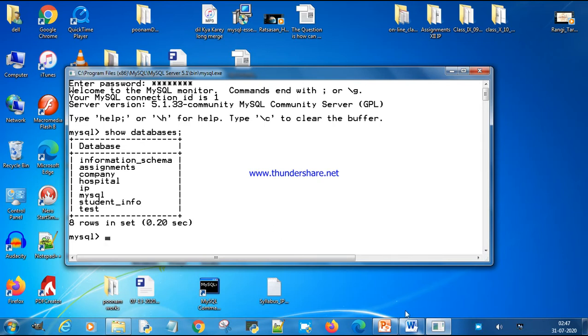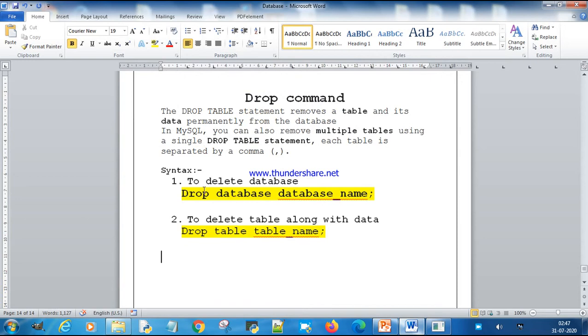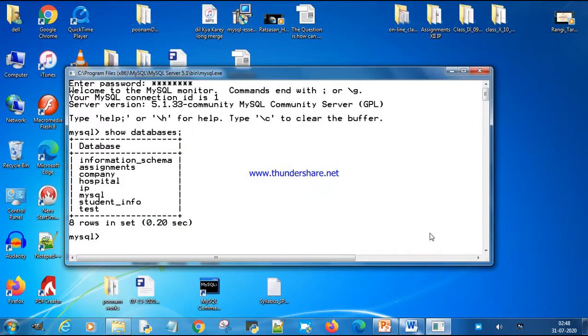For this purpose, first I have to create a new database, then I want to create a table. So let's create a database. Create database, name is class11th.